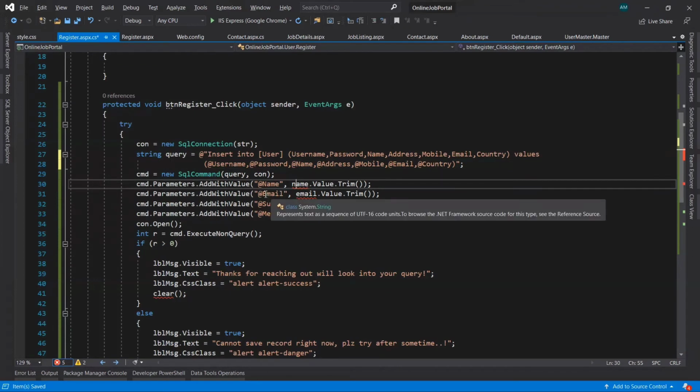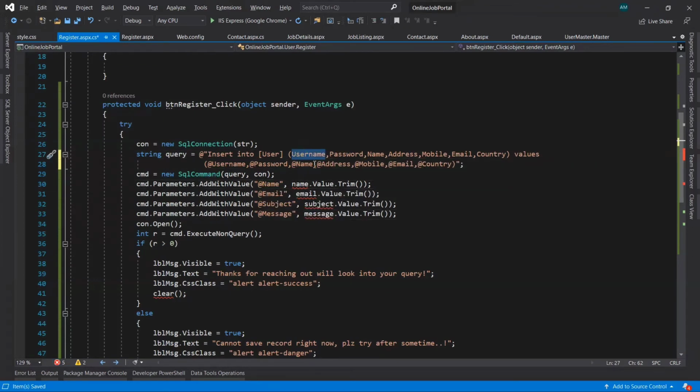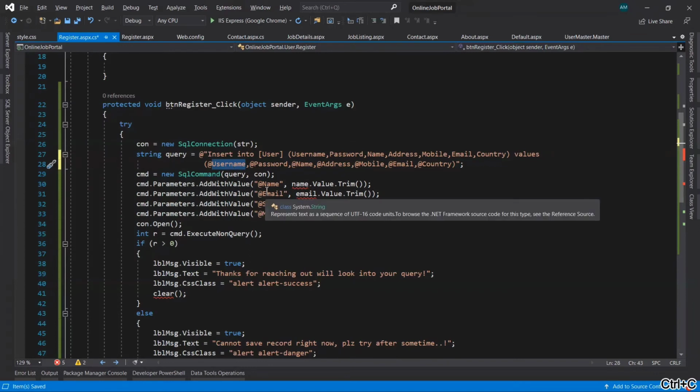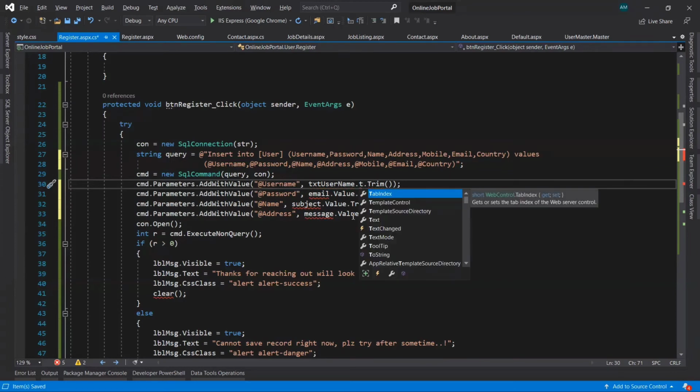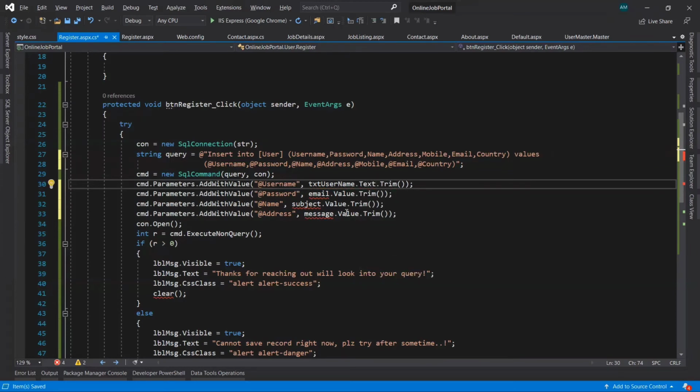Now here, the first one is username, then password, name, address. So the first one we will use here for the username, that is txtUsername.Text.Trim.